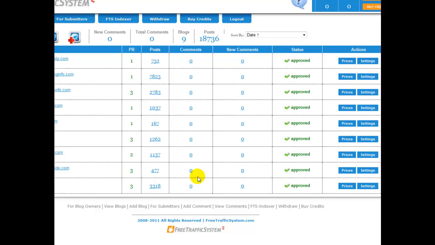After your blogs are approved by our moderation team, they will be seen inside your members area in the list of My Blogs in a small table. The size of the table depends upon how many blogs you have added and how many blogs were approved. You can see the tiny bits of URLs here, the blog URLs, different information, and every block in the line of the table has the buttons Prices and Settings. These are the final things you need to polish up to make money in Free Traffic System version 2 with your blogs. Let's take care of the Settings button first.